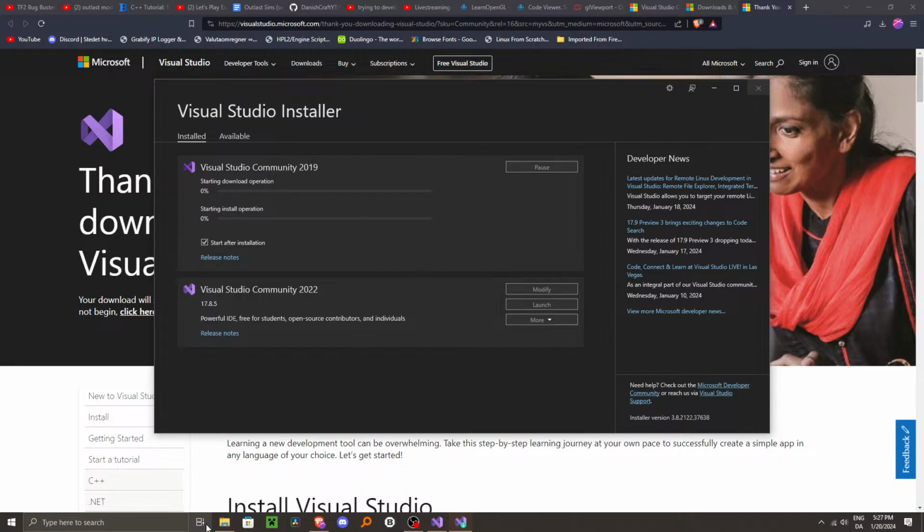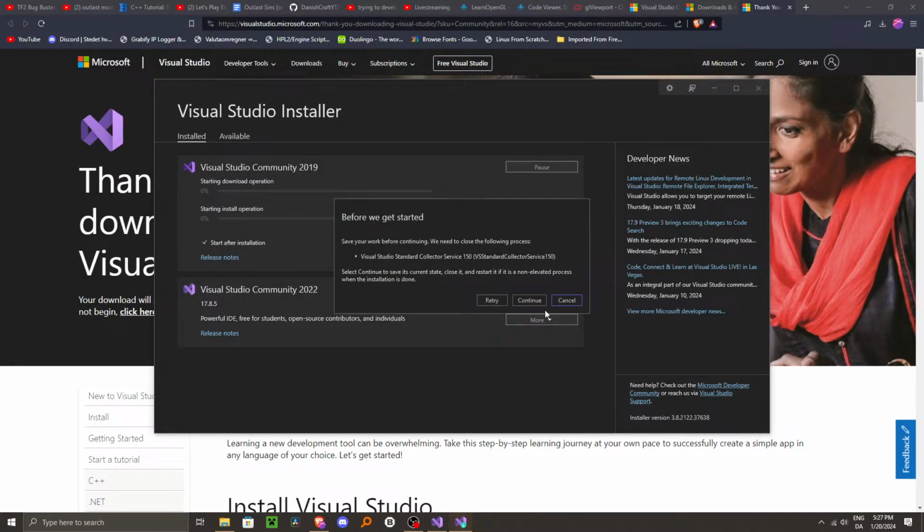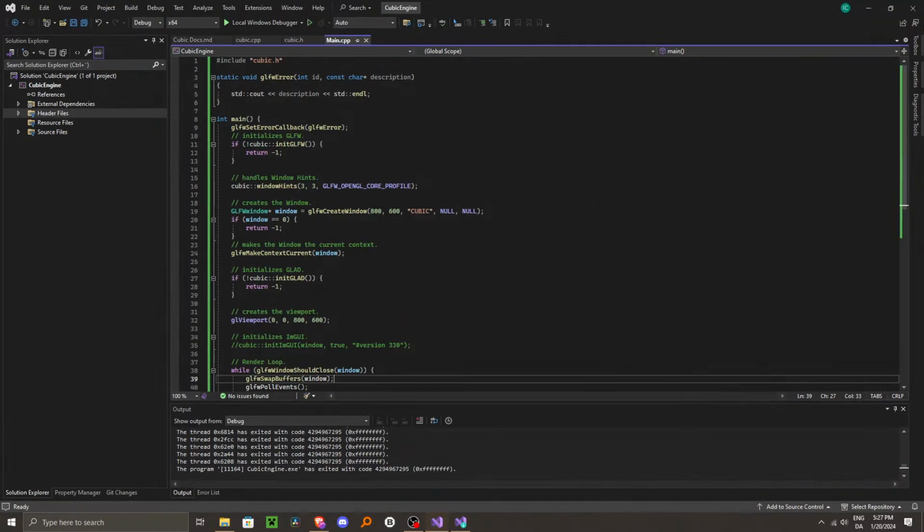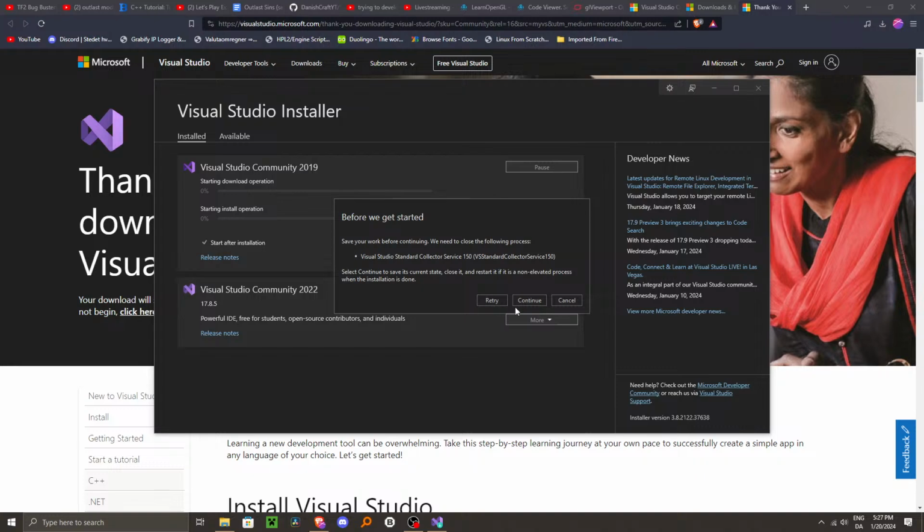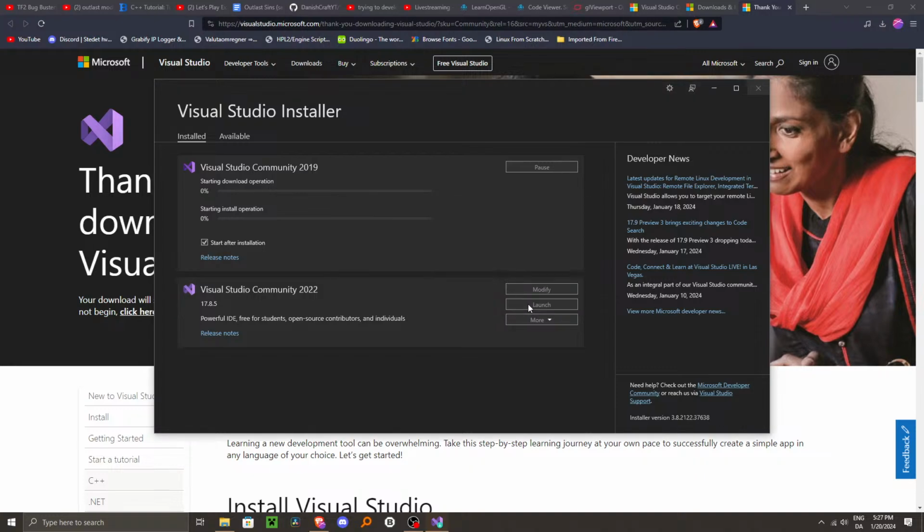I don't even know why it installed it to there. Save your work before continuing. Continue. Don't worry, I already did save it, so now we're just waiting for it to finish installing. It's about 10 gigabytes, I'll delete it later, but we can rebuild